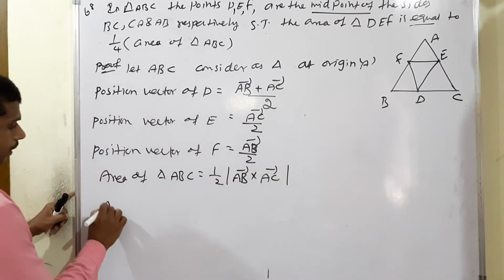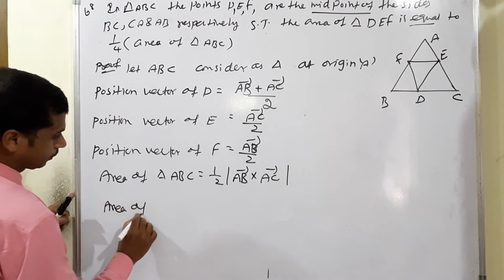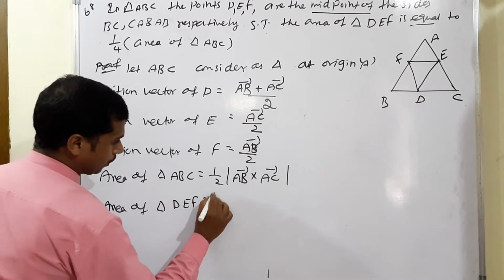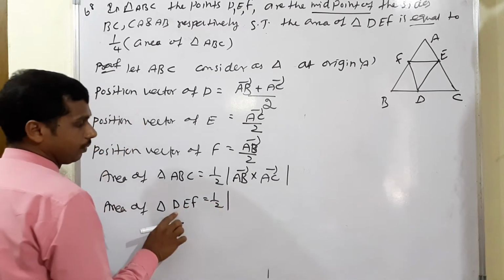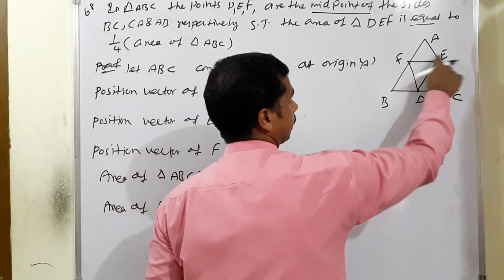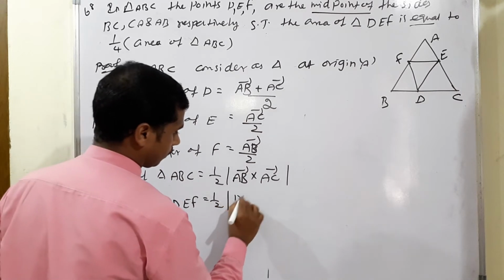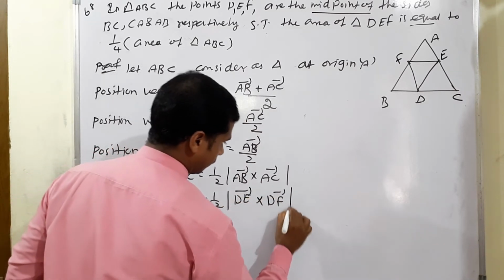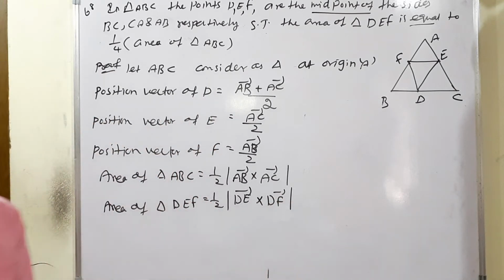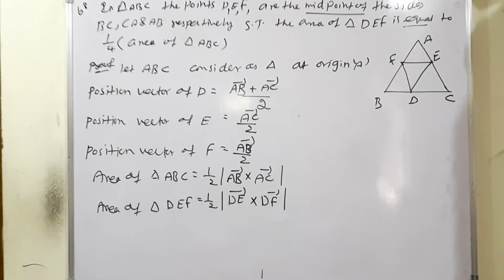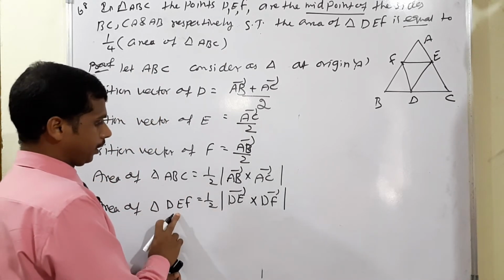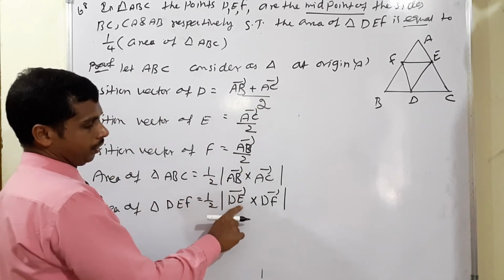Next one, area of the small triangle DEF. Again half into, starting with D, so DE vector cross DF vector. Okay, important condition. So this is the area of triangle DEF, the small triangle, half into DE vector cross